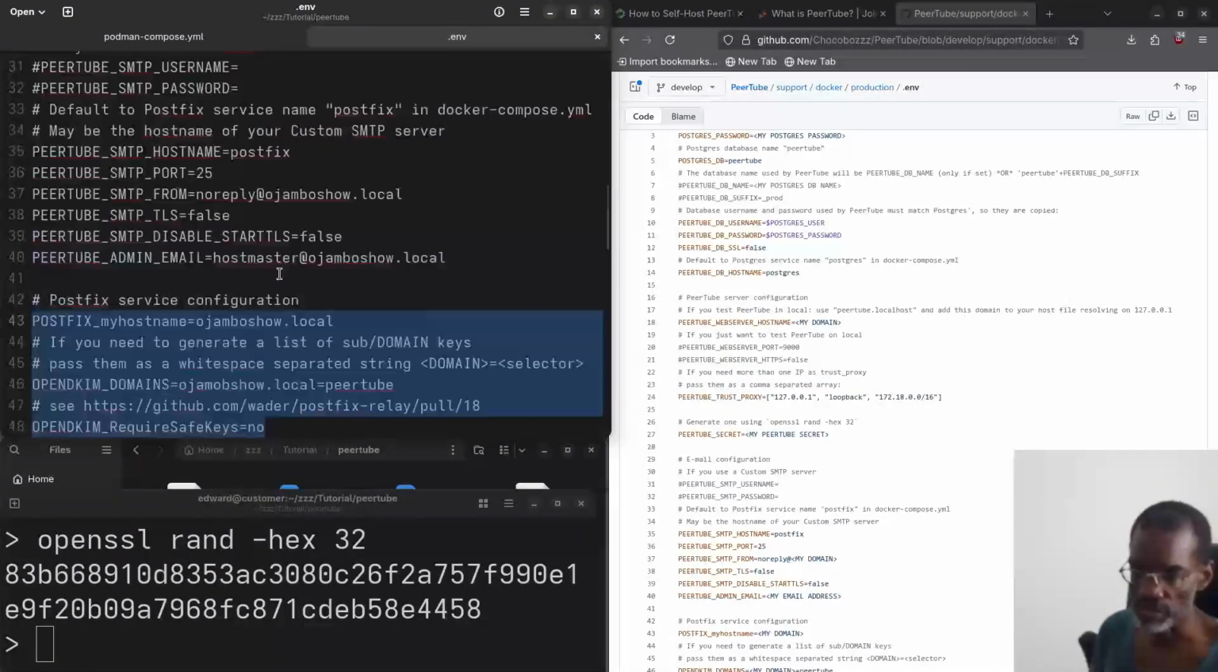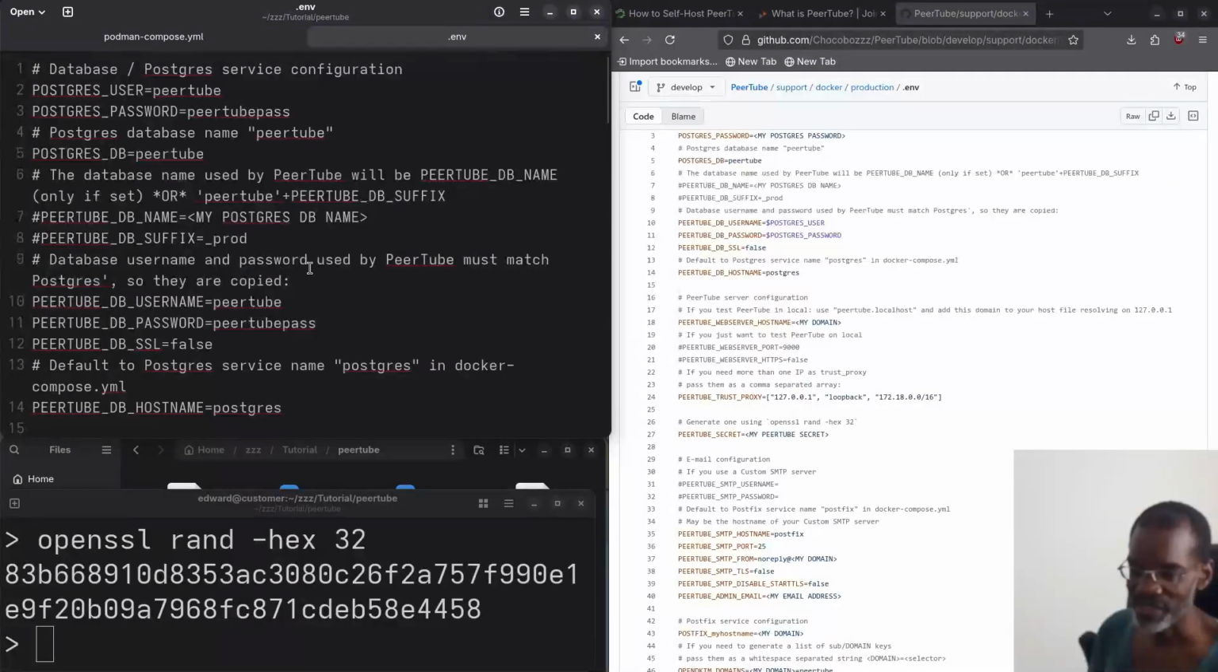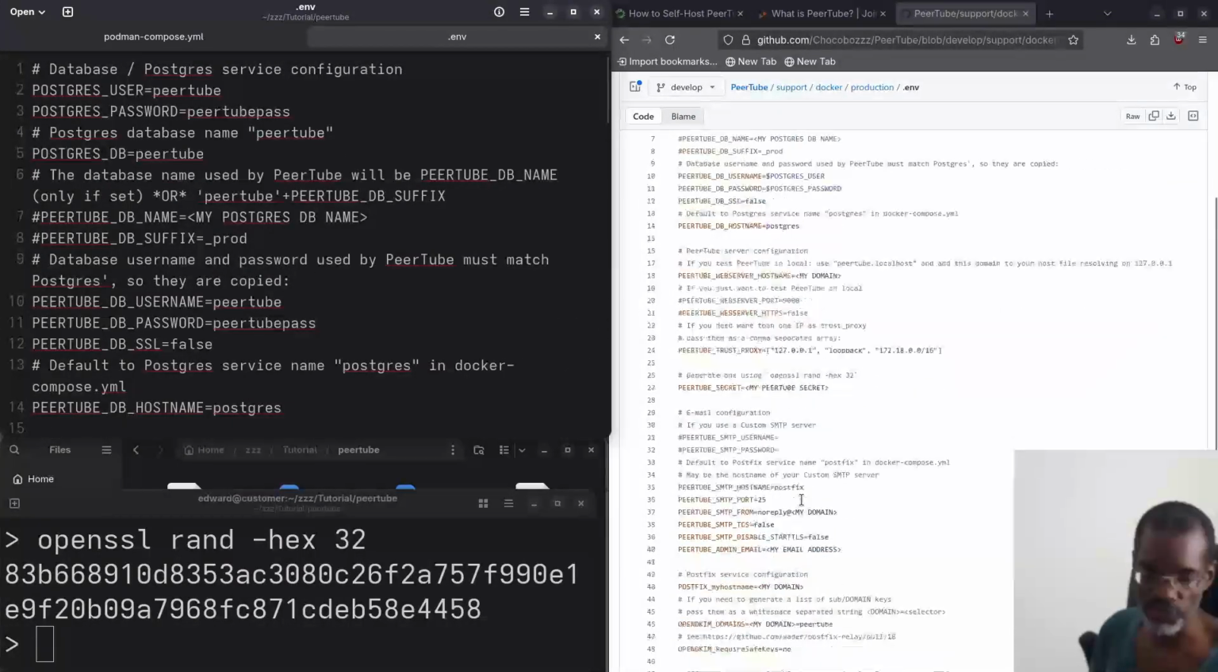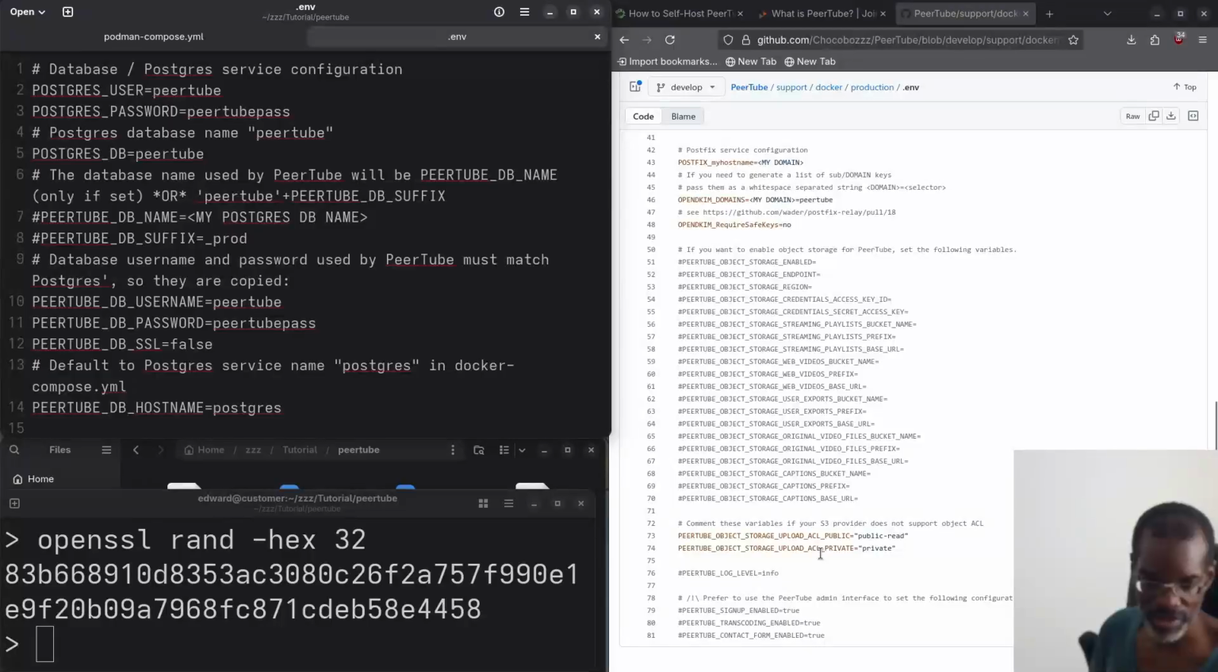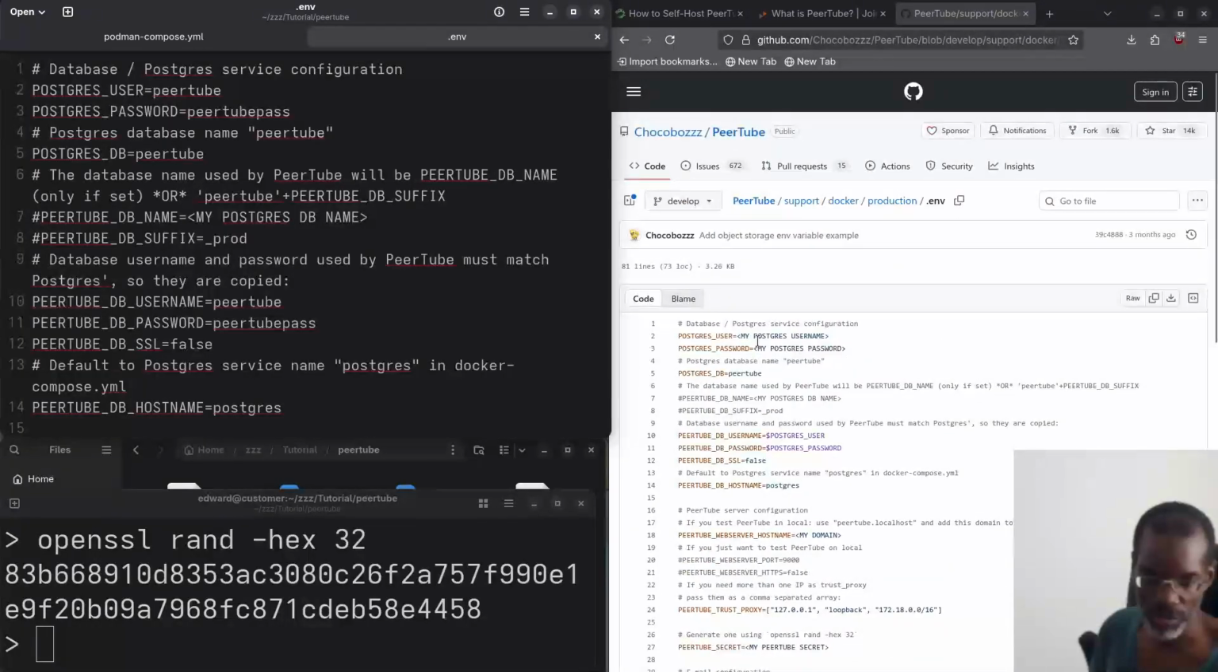So that's it. As I said, the only changes I did were to the environmental file, as you can see here. I'm not joking. It's exactly the same as on the PeerTube GitHub page. All right, now with that said, there's more stuff we need. So let's go